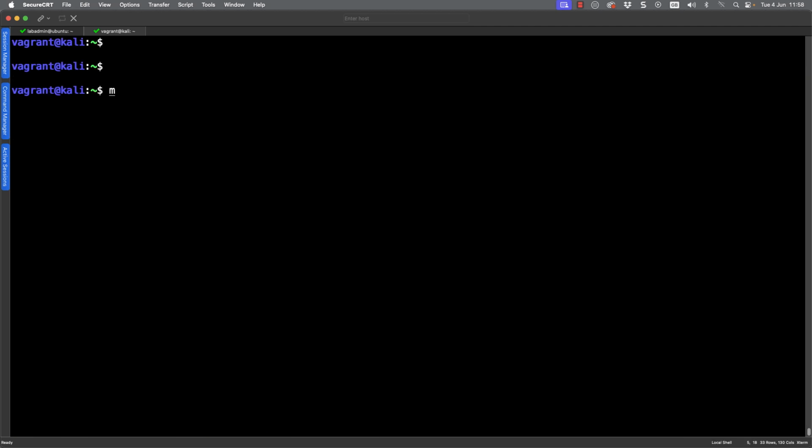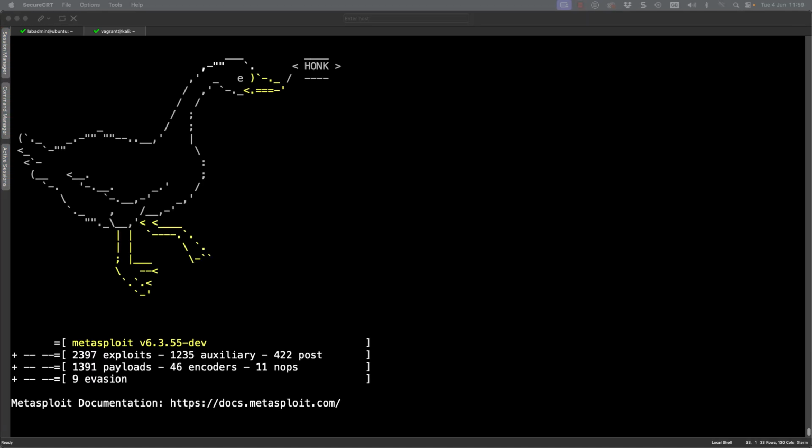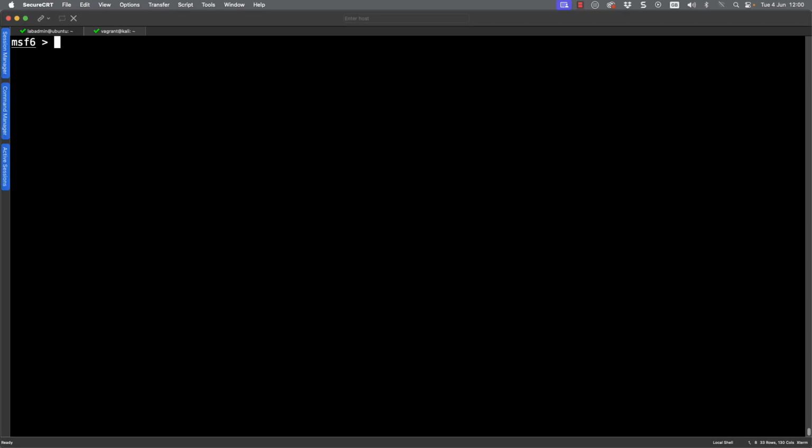And to implement this, I'm going to use the MSF console, the Metasploit Framework console. We can allow it to fire up, but once it has fired up, I will have standard exploits that are built into this. One of those exploits is going to allow me to try and log on to my remote SSH server with those usernames and passwords.